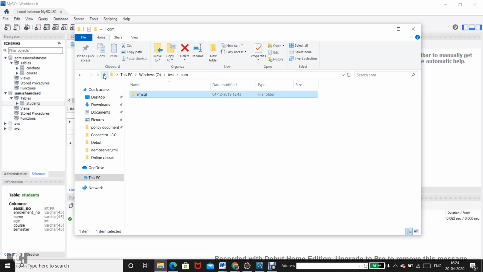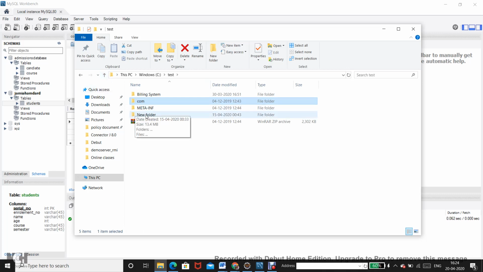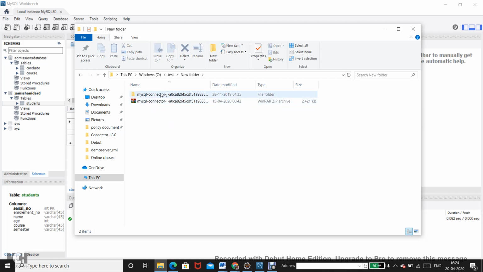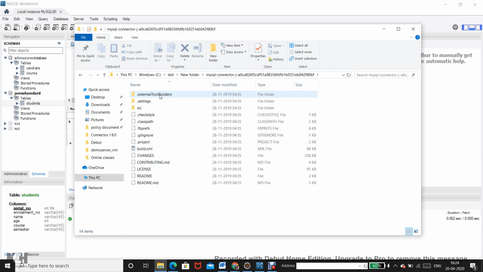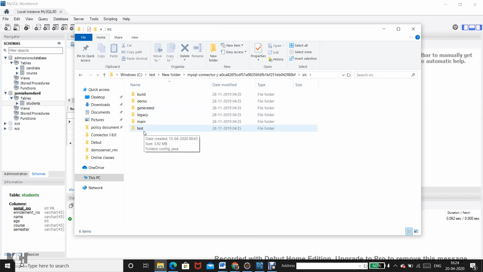Now the source code I have downloaded from the net. Earlier it was available very easily from the MySQL site. It is still available, but the source code is available in the RPM format, so you will need to convert it and extract it, and then you can see the source code. So I have downloaded from one of the sources, and you can see this is the SRC, the source. Basically it's from the GitHub of MySQL. So this SRC is the source code of the Java connector.